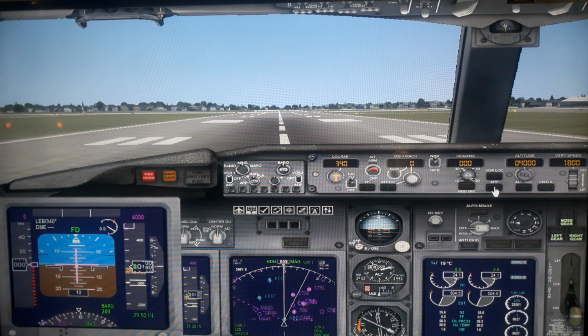VOR LS, LOC and approach I will explain during the flight. Here is the heading. Now we will set 059, which is the heading for runway 060. So I'll set the heading 059. And the bank angle, we have to be very careful not to change it.